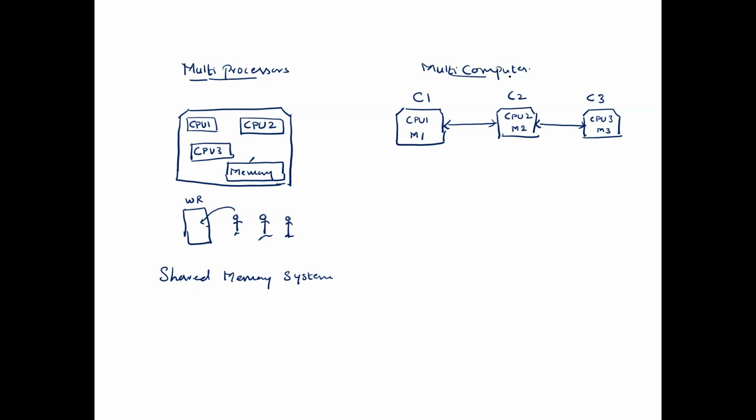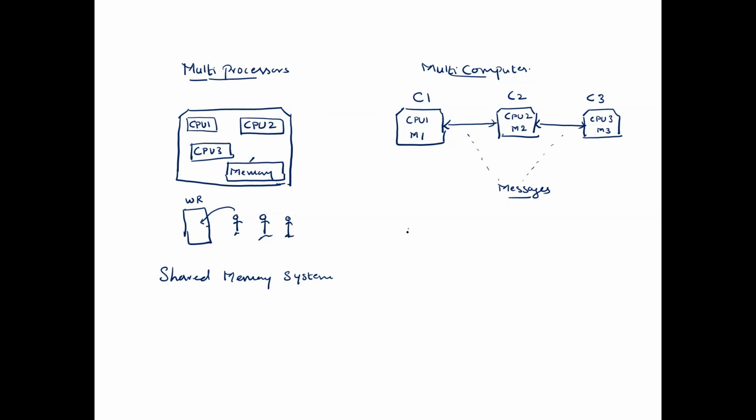Whereas in the multi-computer, the memory is separate for each different computer. However, this processor will communicate with another computer, and this computer will interact with another computer like this. So how are they going to compute the data as a single system? They will start passing messages. CPU 1 will pass a message to CPU 2, or CPU 2 can pass a message to CPU 3 or CPU 1. So this is how, in the multi-computer, the information interchange happens with the help of messages.